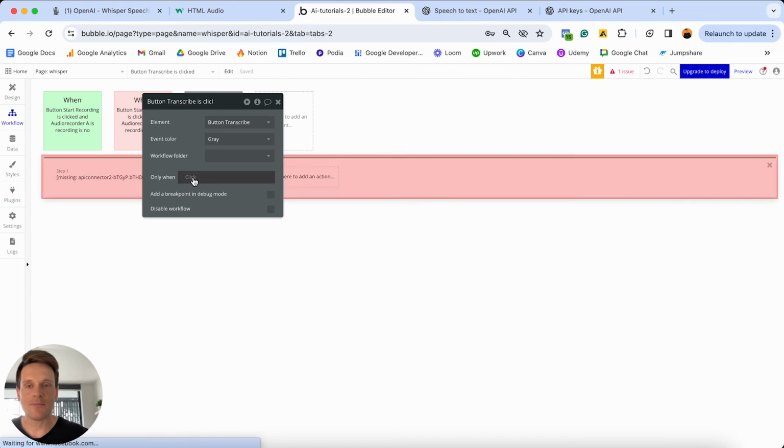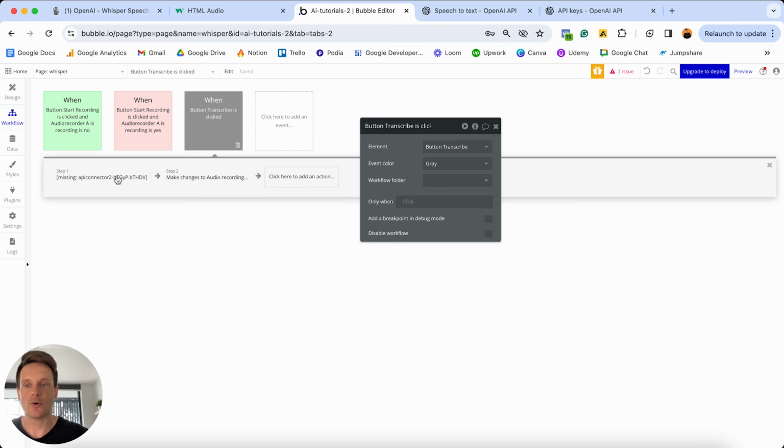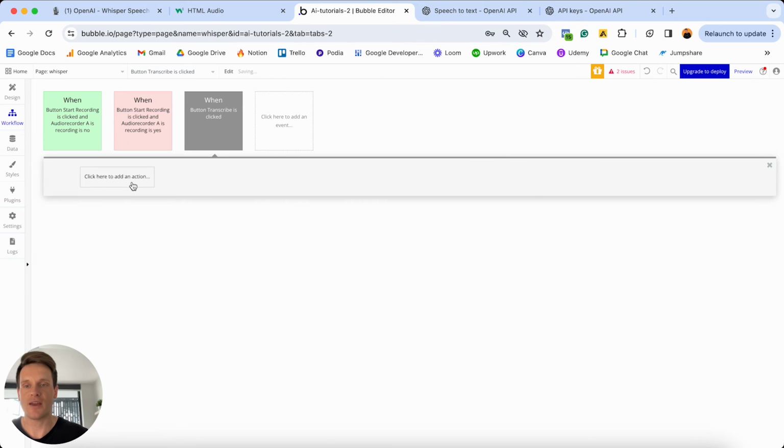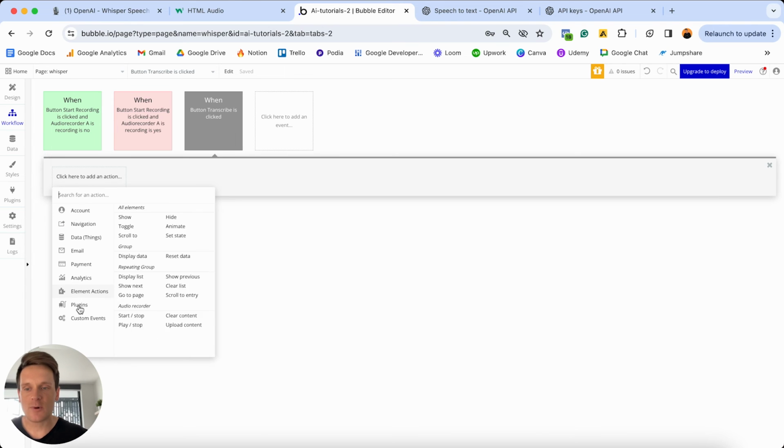So if I edit my workflow, what you'll see is that I've already added a couple of steps here. And look, I'm happy to build these out from scratch again, so that way you can follow along. So within this workflow, we're gonna do two things. The first thing we're gonna do is send our audio file using our API call. So if we head to the plugins menu here, you'll see our API call, which is known as OpenAI Whisper